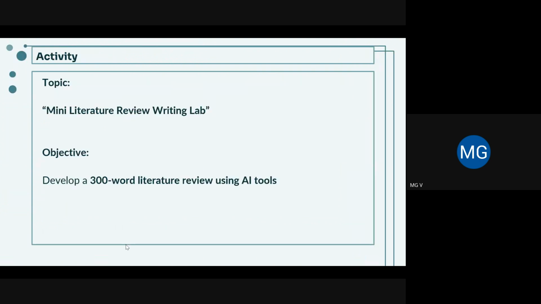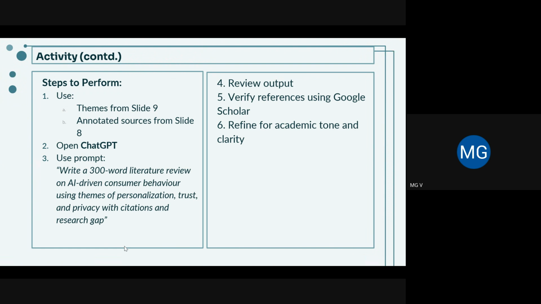Activity time, mini literature review writing lab. That is, we can develop a 300-word literature review using AI tools. So we can make use of themes from slide 9, then annotated sources from slide 8, then open ChatGPT and write the prompt. Write a 300-word literature review on AI-driven consumer behavior using themes of personalization, trust, and privacy with